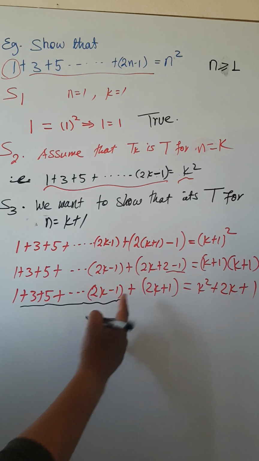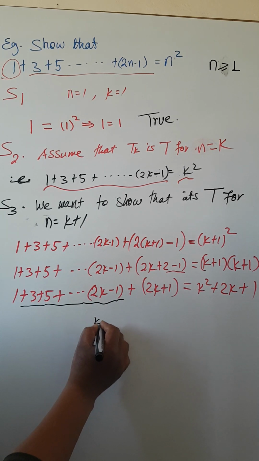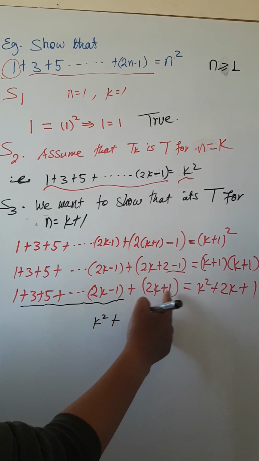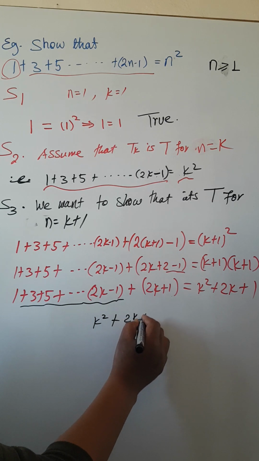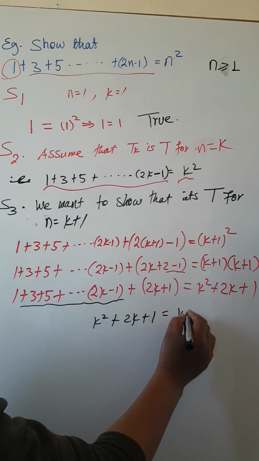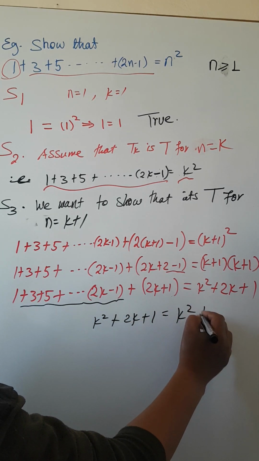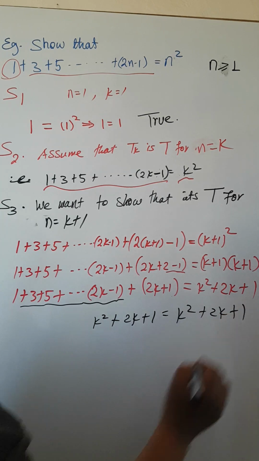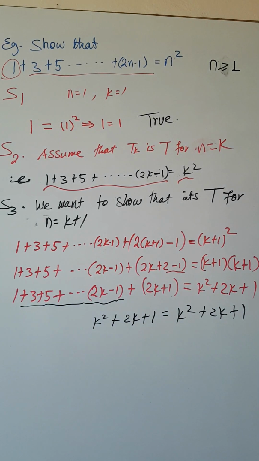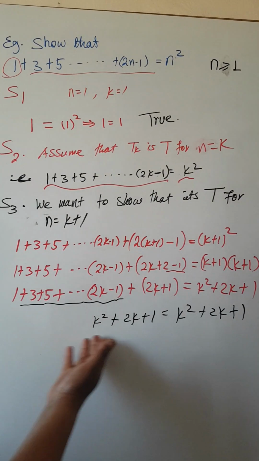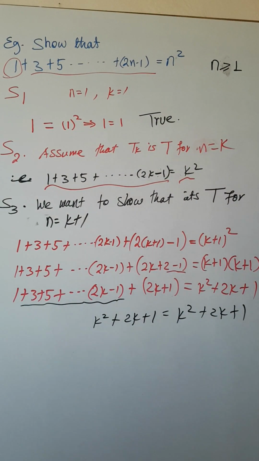So instead of this, we can write k square plus, here we have 2k plus 1. This is equal to k square plus 2k plus 1. Now the series holds true. Now the left side of our equation is equal to the right side. Therefore,